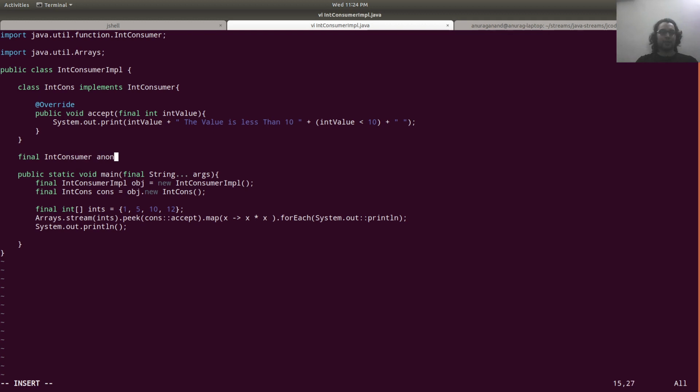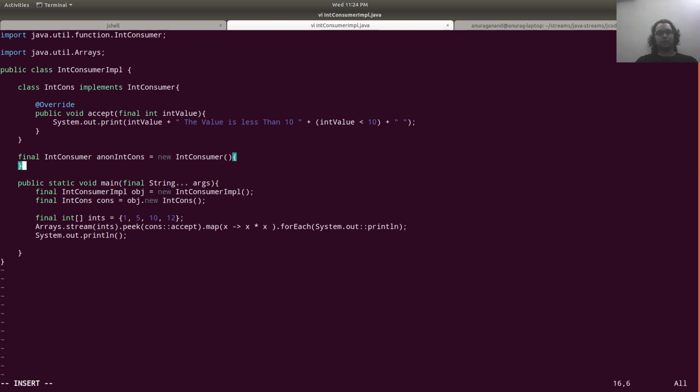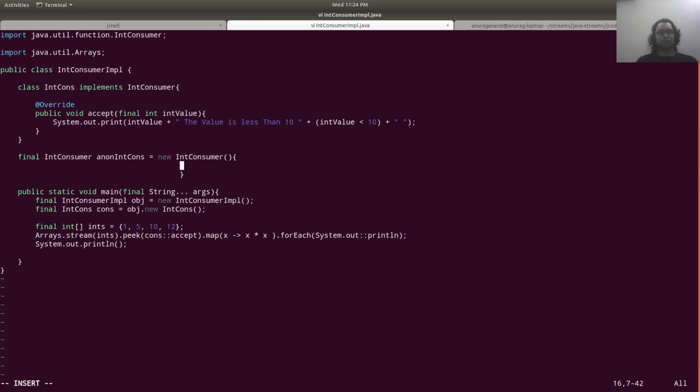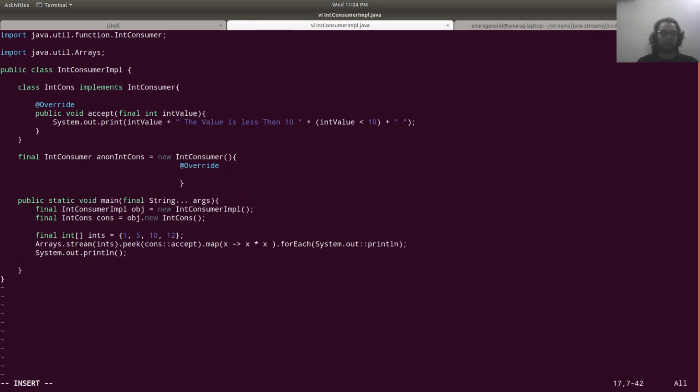So I will say anonIntCons is equal to new IntConsumer, public, same as the above. I can copy the same function over here and it is going to work.